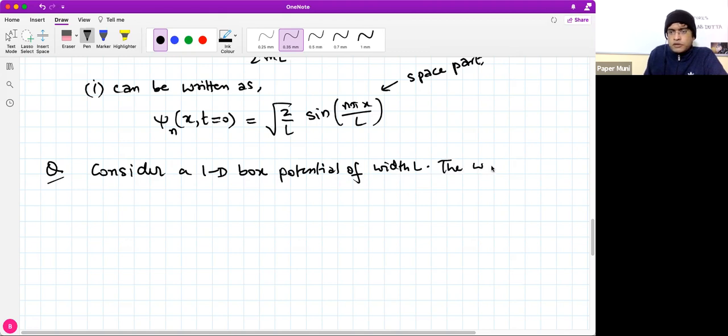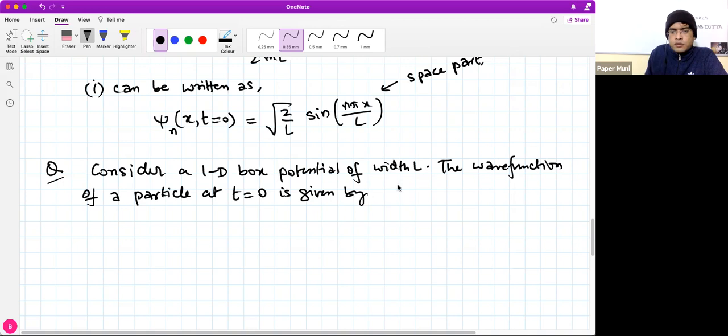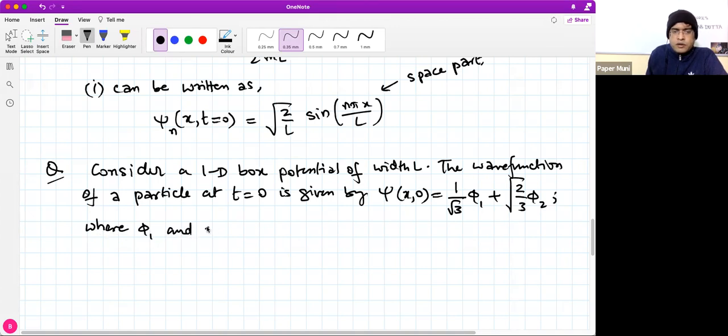Okay, the wave function of a particle at t equal to 0 is given by psi(x, 0) equal to 1 by root 3 phi 1 plus root 2 by root 3 phi 2, where phi 1 and phi 2 are the ground state and